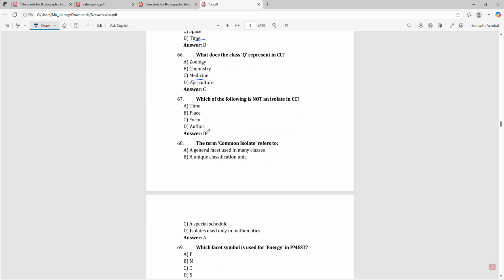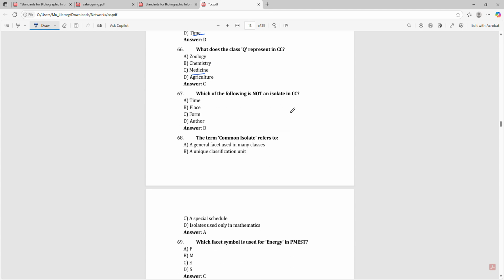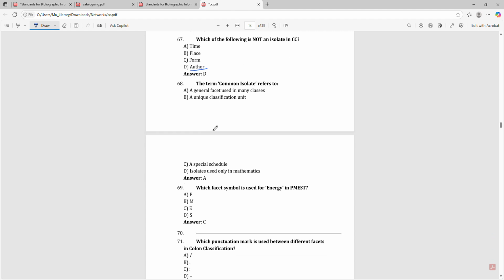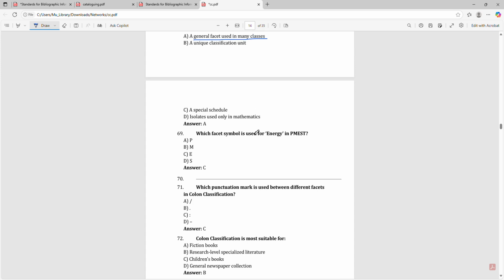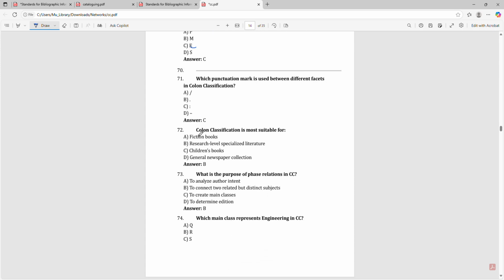That is medicine. Which of the following is not an isolate in the CC? That is author. The term common isolate refers to a general facet used in many classes. Which facet symbol is used for the energy in PMEST? That is E. Which punctuation mark is used between different facets in CC? That is